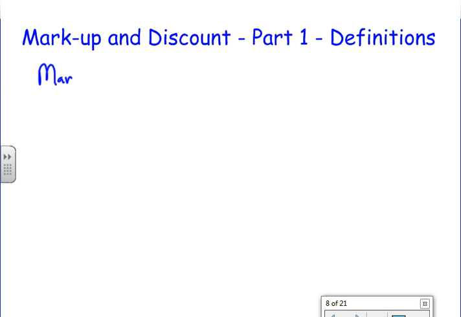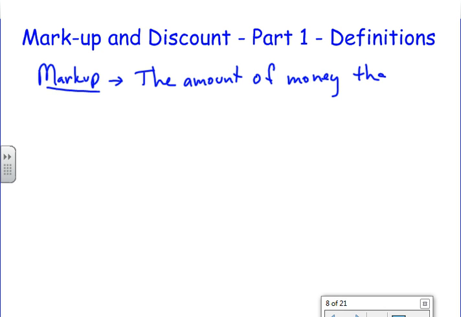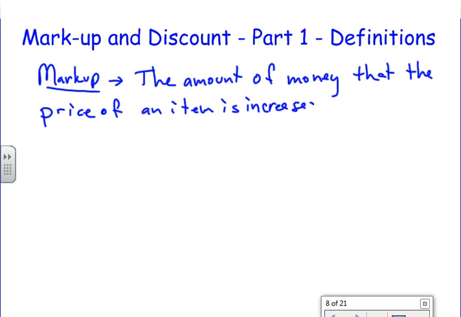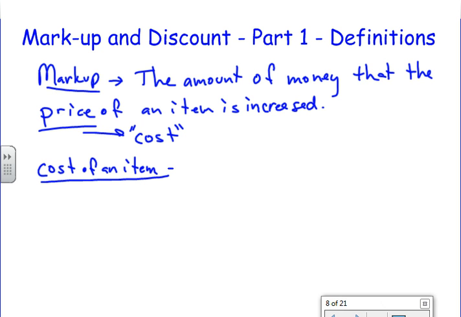First is understanding markup. A markup is simply the amount of money that the price of an item is increased by. So you've got an item and it costs something, and then you increase that cost. Most of the time, what is the price that's being increased is what we call the cost of the item. And usually the cost of an item, now this is going to be confusing, but usually the cost of an item refers to the